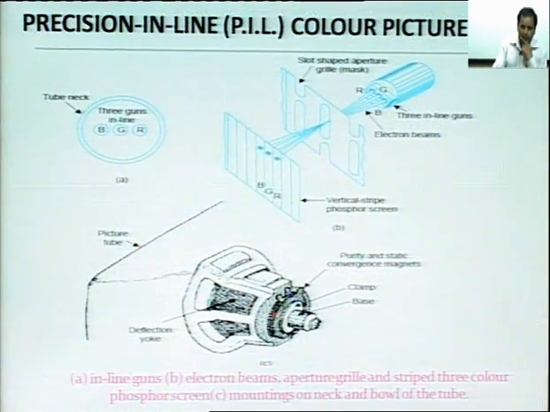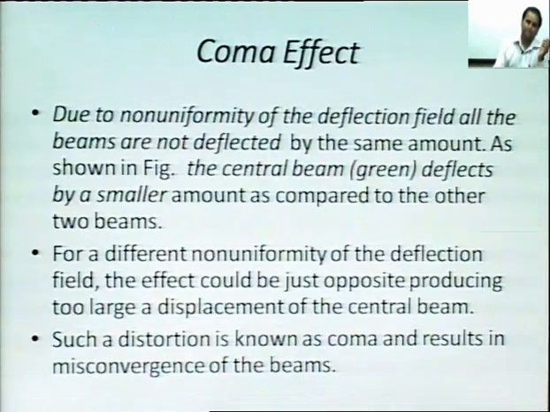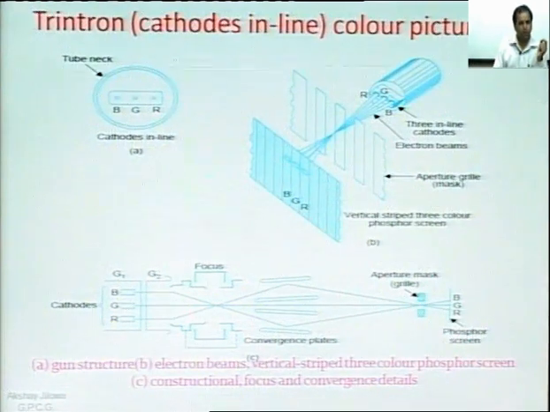Second is the PIL, precision inline color picture tube. Here we have a different shape of shadow mask. So, this is the second tube, and the third one is the trinitron, which is called